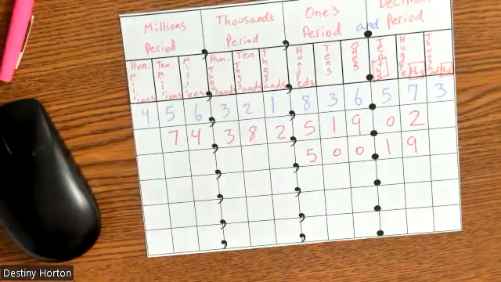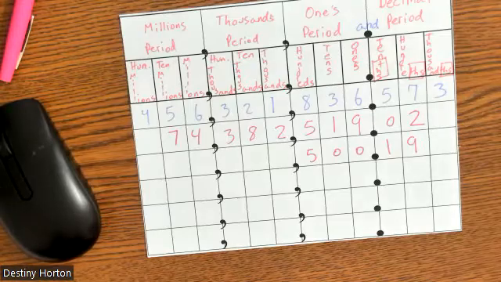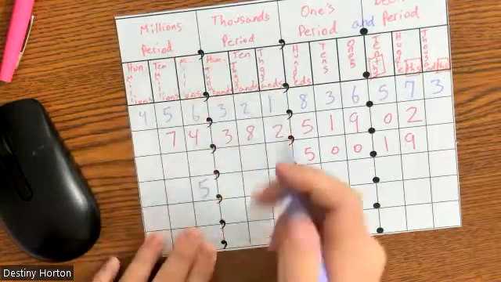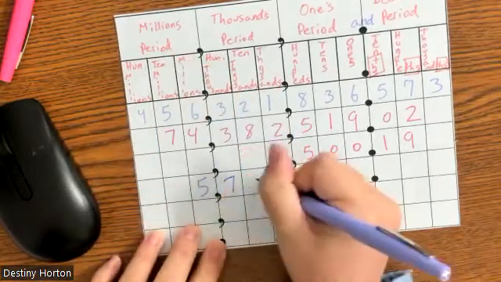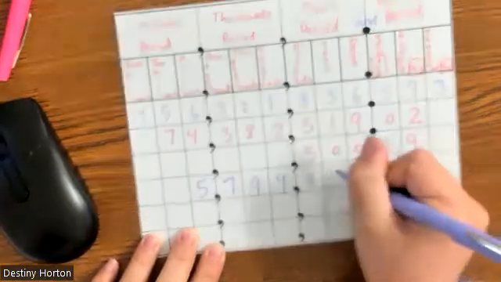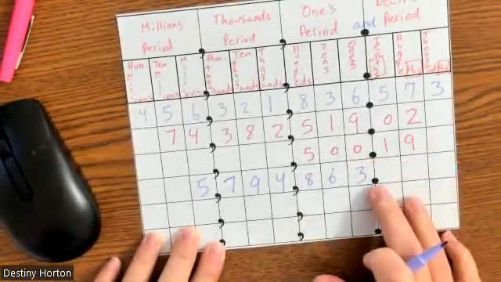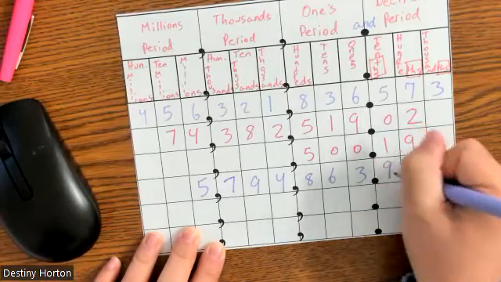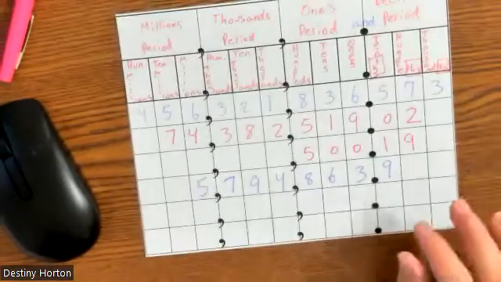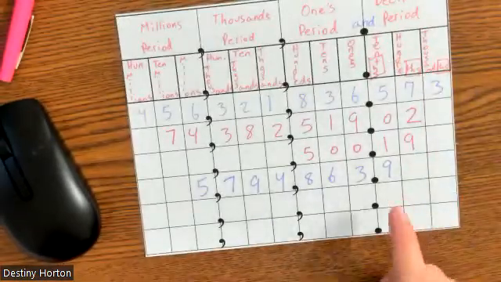All right, let's do one more just for fun. So I'm gonna do 5,794,863 and 9/10. So again, when we get to the decimal, we always have to say the place value of the last